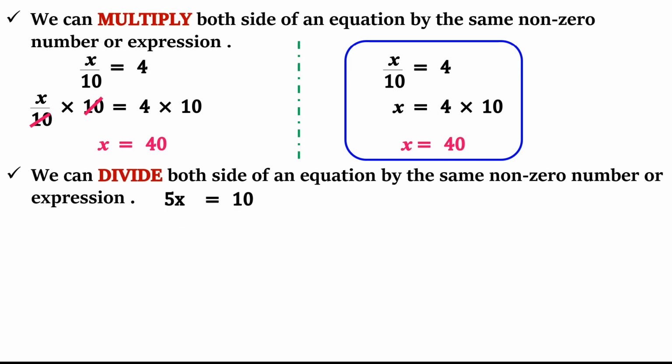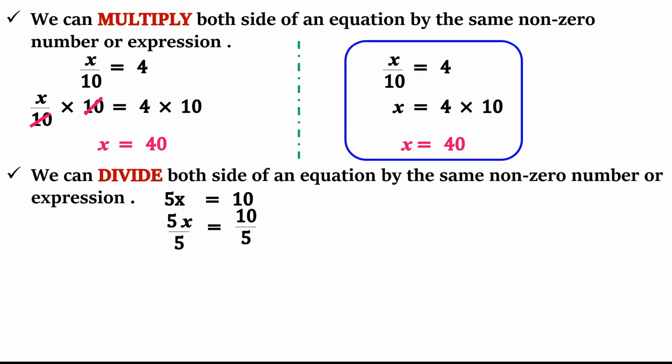So let's take an example. Suppose I have 5x is equal to 10, and 5 is getting multiplied with x, and I want to remove that 5. So what do I have to do? The need of the question is I have to introduce upon 5 in this 5x, so that 5 and 5 get cancelled. But whatever I am doing in the left hand side, the same thing I have to do in the right hand side also. So here 5x has been divided by 5. The same thing we will do on the other side also. 10 also will be divided by 5.